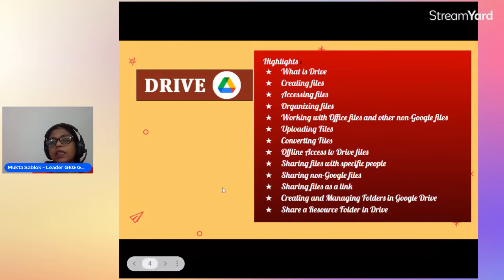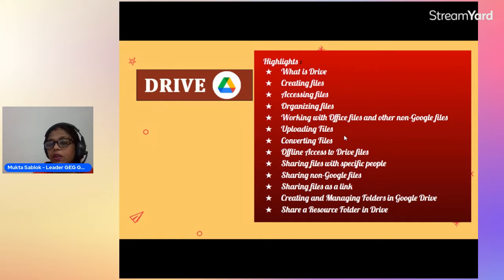Okay, so the main highlights of today's session are: what is Drive, creating files, accessing files, organizing files, working with Office files and non-Google files. That means apart from Google, I am also going to tell you how you can work with other files in the Drive.